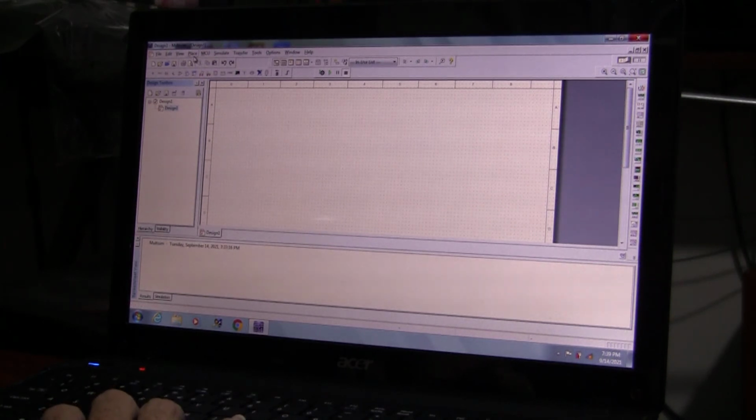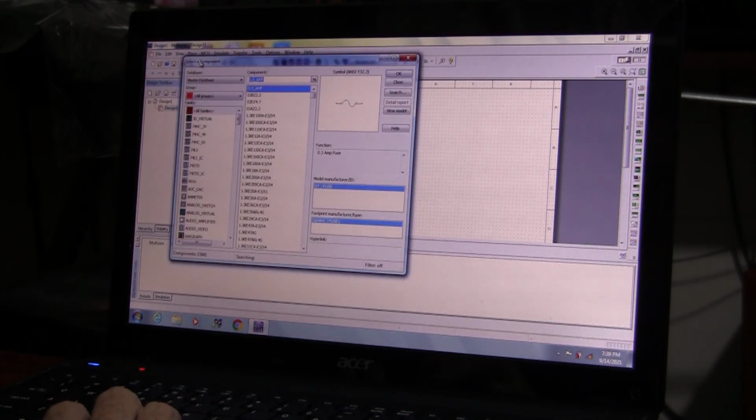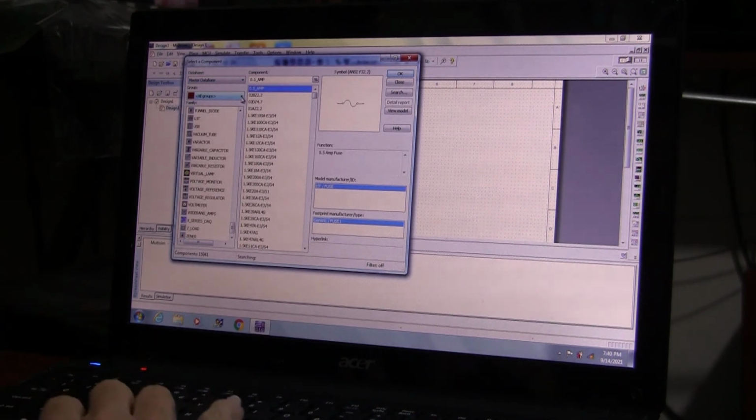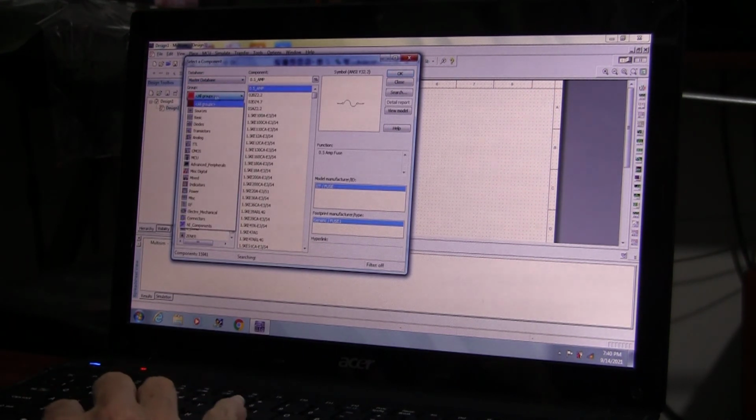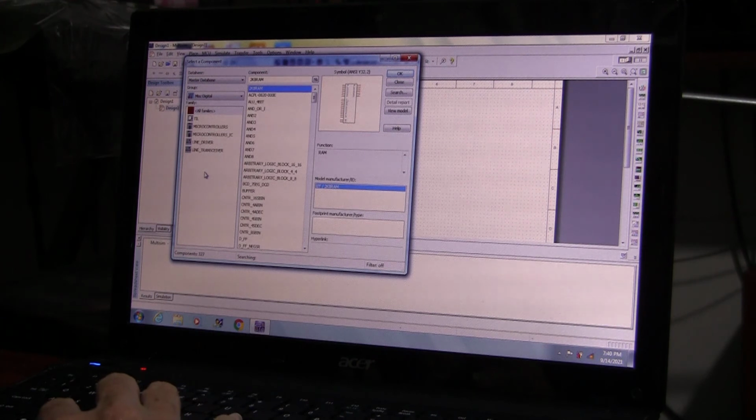I'm going up here now and I'm clicking on place, which is the fourth menu item. We have file, edit, view, place. And then I'm selecting component, which is the first option. I'm coming down here and I click on the all groups download button, which is the database, master database group, all groups. And I notice that I have miscellaneous digital right under advanced peripherals. I click on that. And I go here at the component,